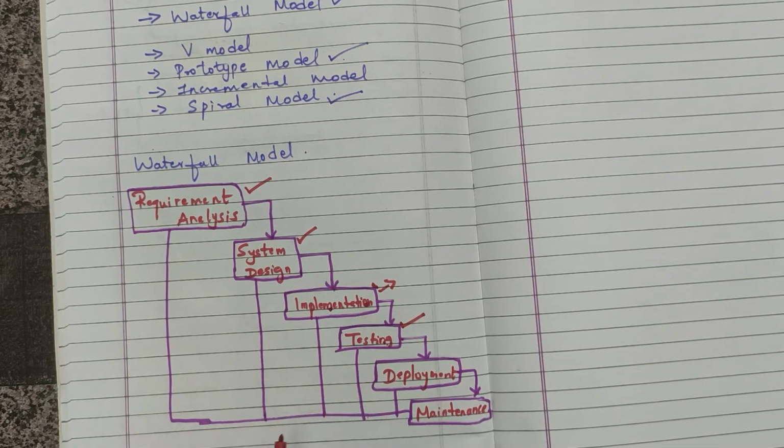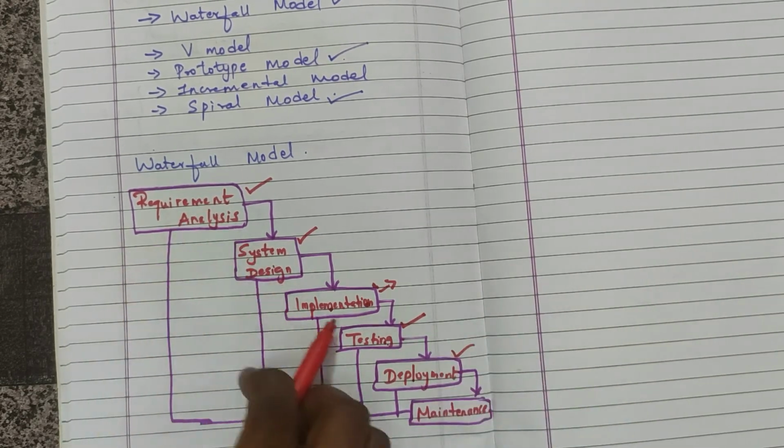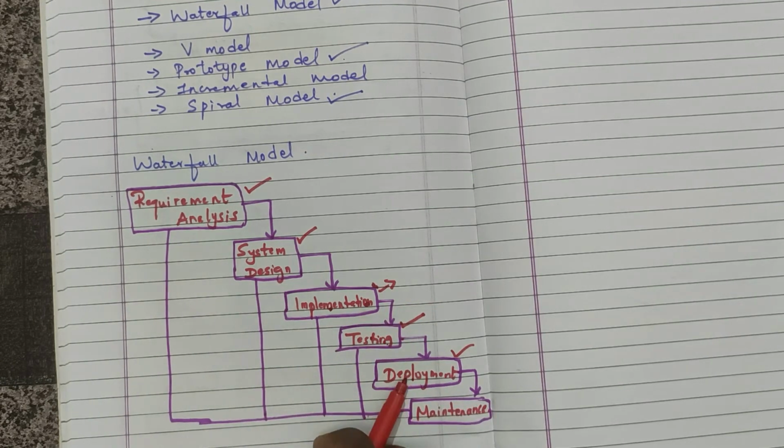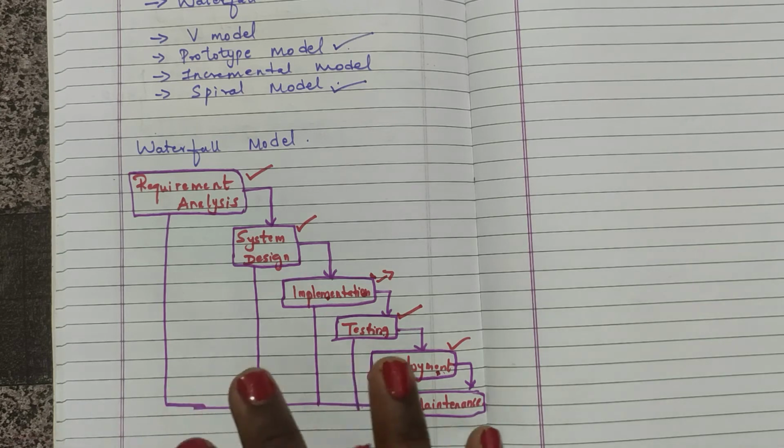So once that is done, the product is deployed to the customer, that is released into the market. So this means that we are done with all the phases. Now the project or the product is ready for the customers. After the customer receives the product, they will report issues, that is maintenance. So if there are some issues which come up in the client's environment, to fix those issues we release some patches. Now in short, I'll just tell you what is waterfall model.